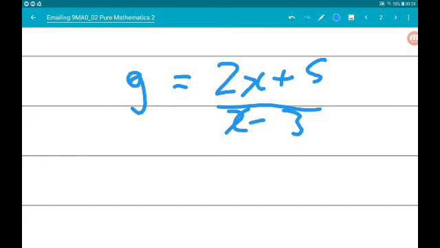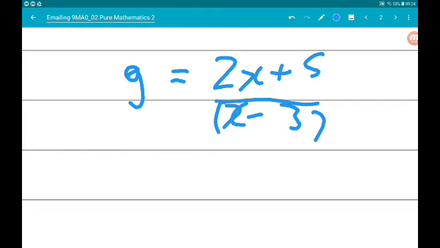So if we multiply through by the bottom of the fraction, we get xg minus 3g